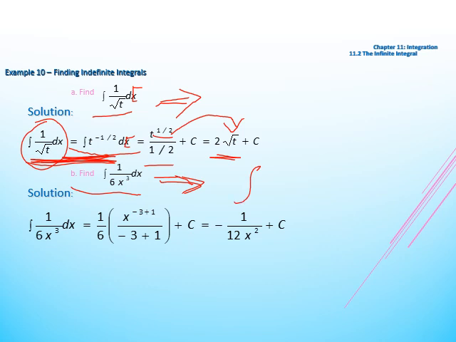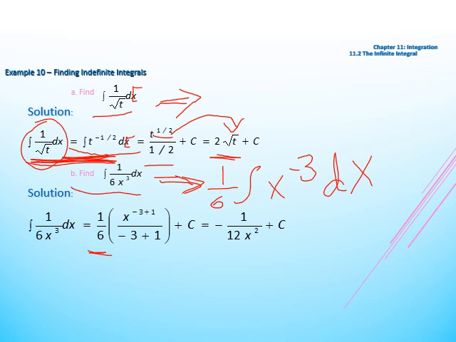So the integration will be 1 over 6 outside the integral sign, and getting the power in the denominator with a negative sign, x to the power negative 3 dx. Applying the rules for the integration, with 1 over 6 outside, we add 1 to the power: x to the power negative 3 plus 1 over negative 3 plus 1,